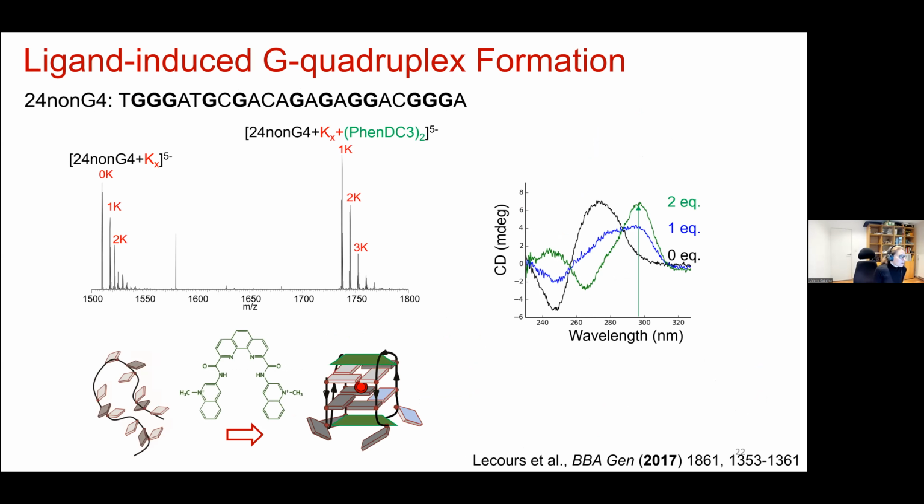Here's also another example where we can detect a ligand-induced quadruplex folding. And here it's with a sequence. Initially, we didn't really expect this one to make a quadruplex. And actually, when left alone, just in KCl, it doesn't make anything. The major species is with no potassium bound. But when you add FANDC3, again, a cooperative binding, there's not 1, but 2 FANDC3 molecules suffice to make this